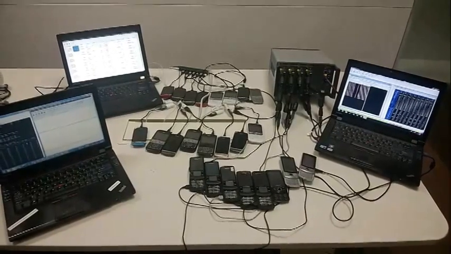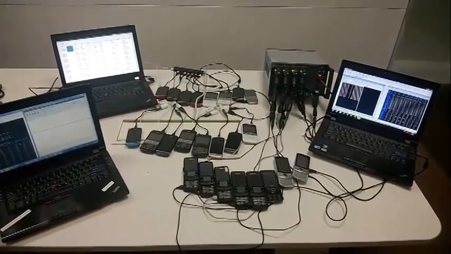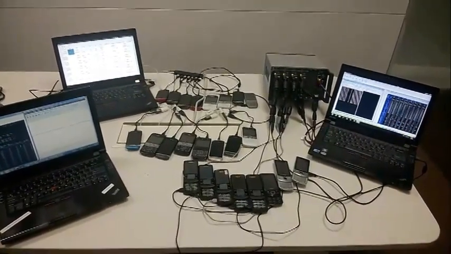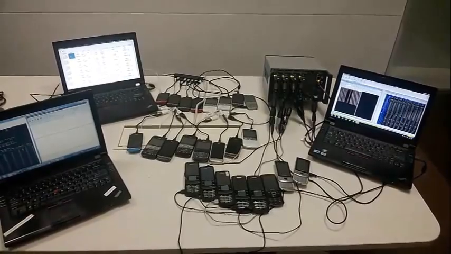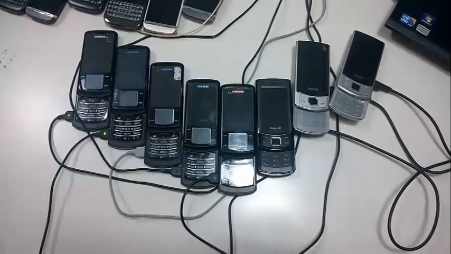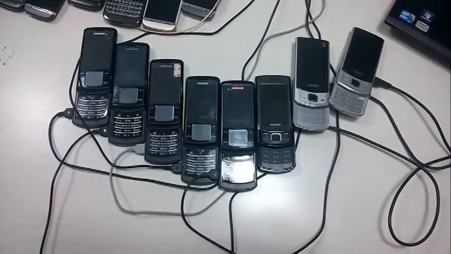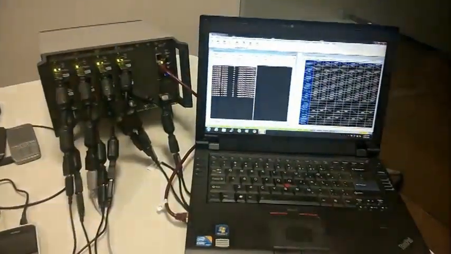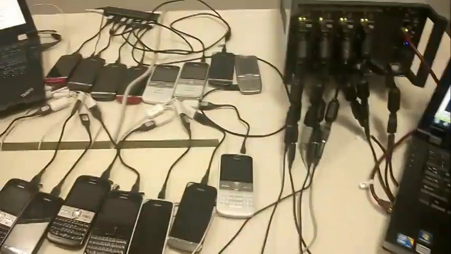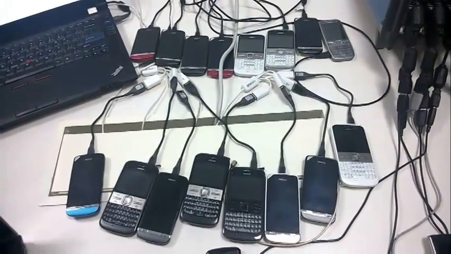With the help of this setup, we are going to demonstrate 24 user HSDPA call on 3G femto solution. These are the 8 mobiles which are connected to Aquila tool. And the other 16 mobiles are connected to in-house automation tool through which different call models can be triggered by using the AT commands.